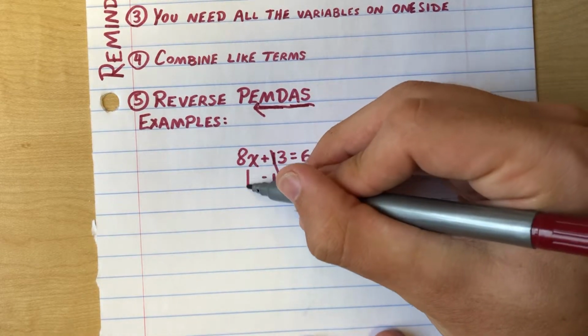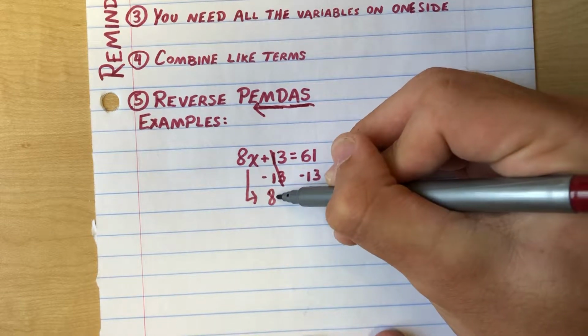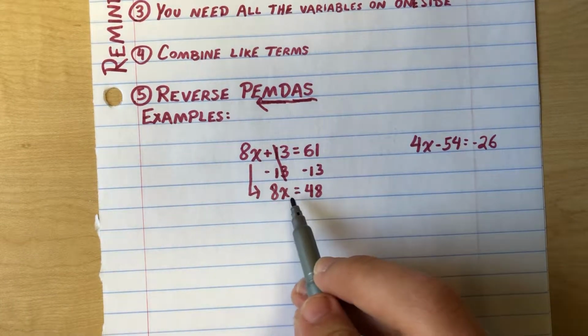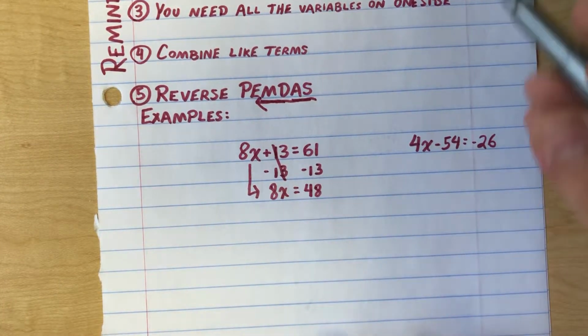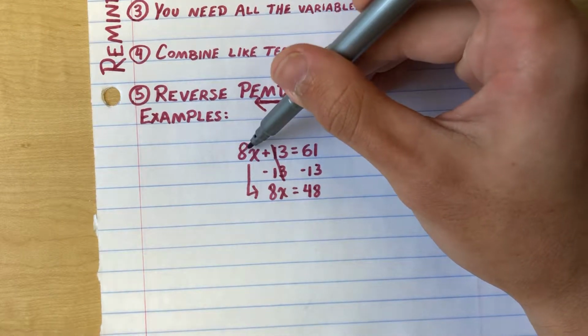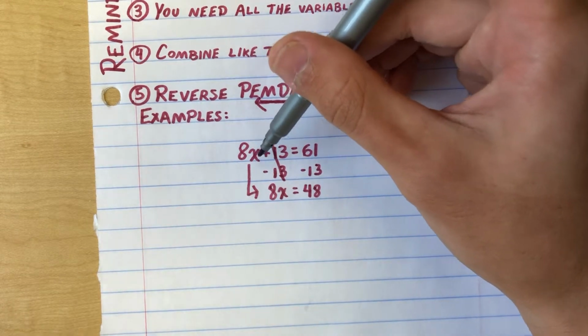This side, all that's left is this 8x down here because we didn't do anything to that. So I'm going to move that on down and keep going, all right? Now 8x equals 48. So like I said, this 8x means that 8 is being multiplied by x. And we don't want to mess with the x, we want to mess with the 8 because we are isolating